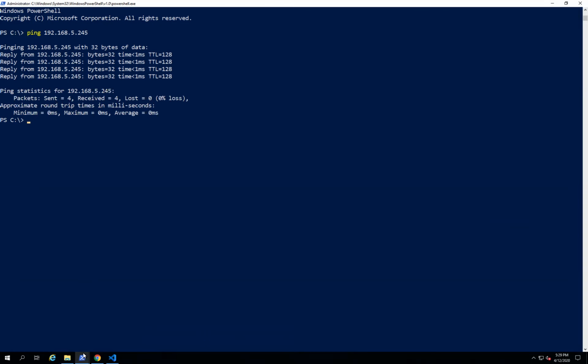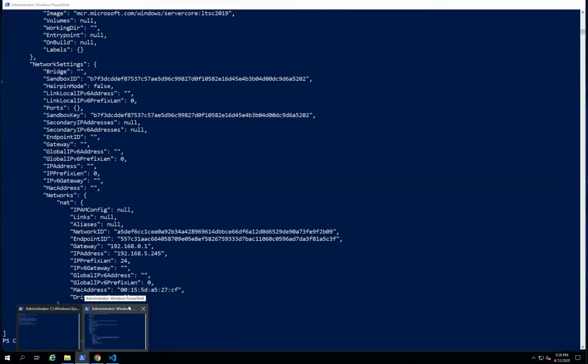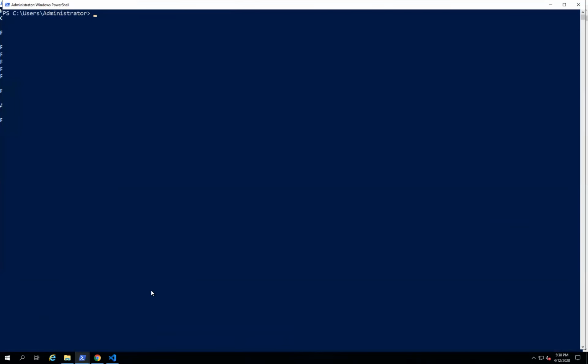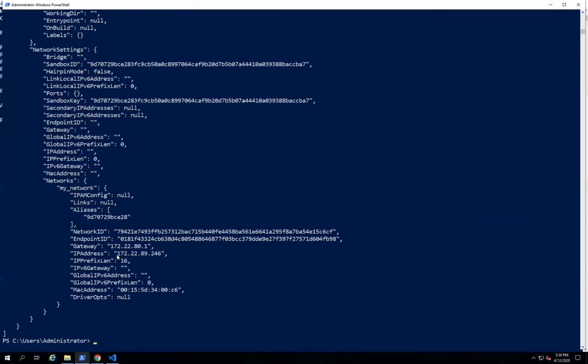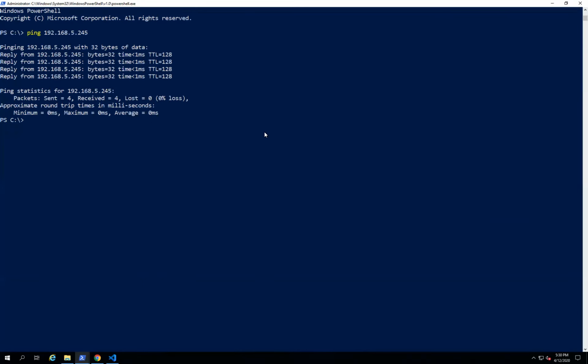Let's go back and grab the IP address of container 2, because it is created in a different network, right? Docker inspect container 2, and this is the IP address. Just grab the IP, and then ping the IP.